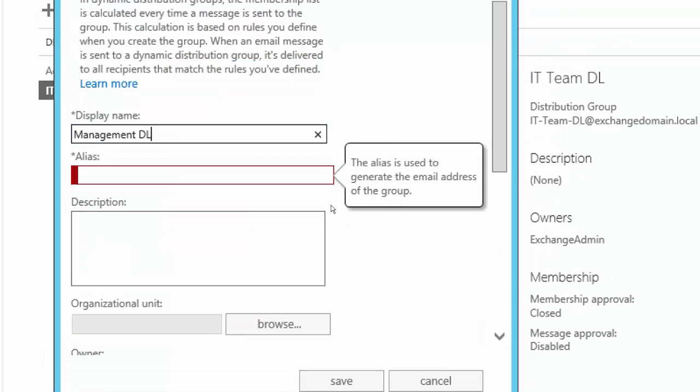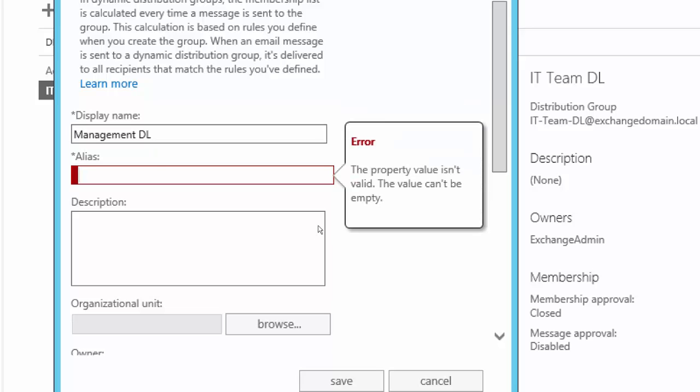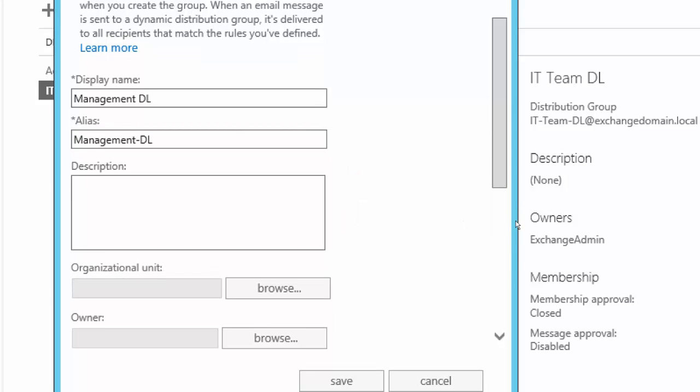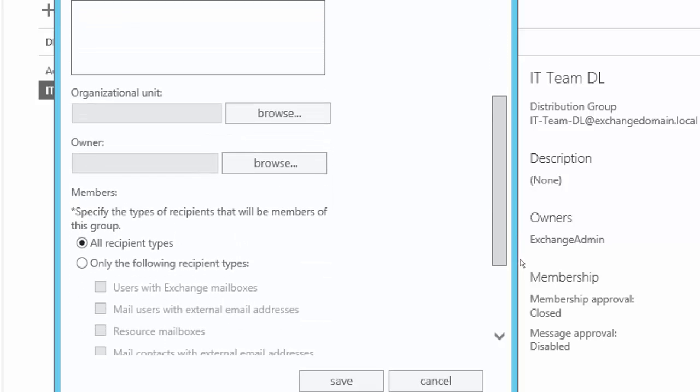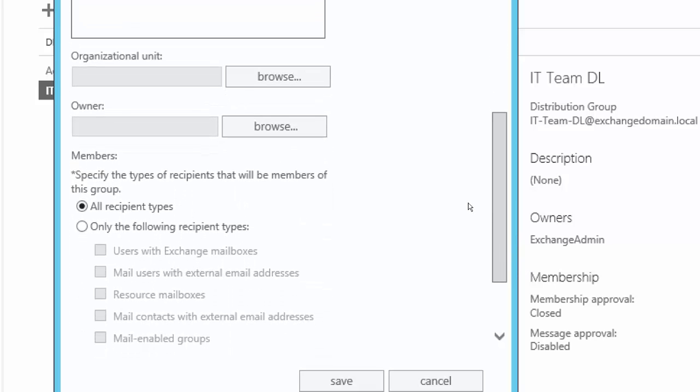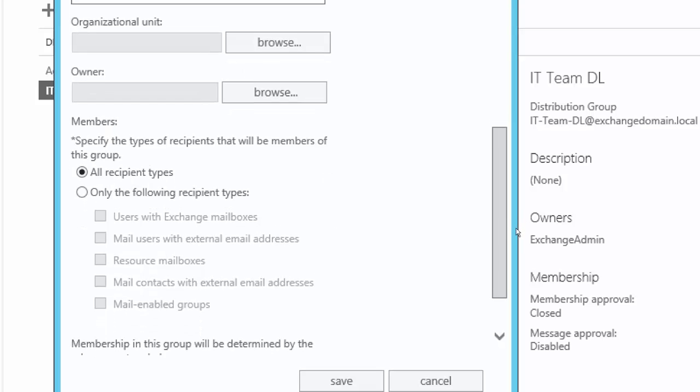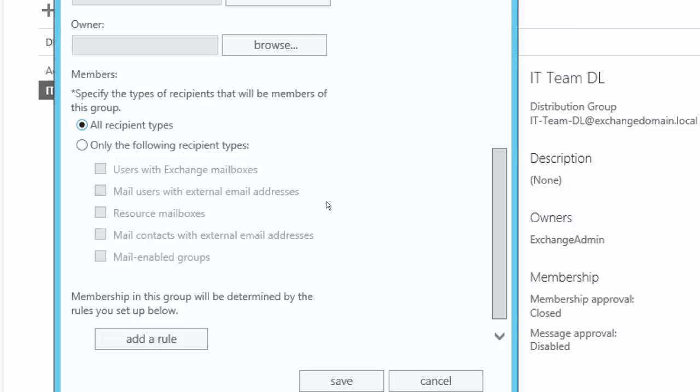Okay, let me just get that management DL here. Let's see what kind of rules we have, or any rules there. When we go down, creating a dynamic distribution group, there's that organizational unit. We can choose one organizational unit and all the members of it, and from among those members, whoever matches the rules we are about to define now, right? It's already selected by default to all recipient types, but we can go for only the following recipient types: